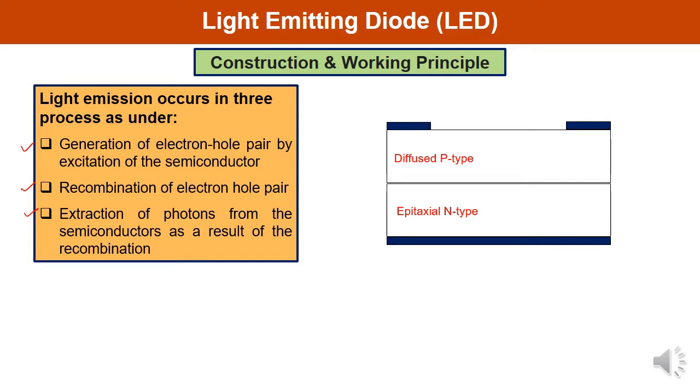You have studied the two types of semiconductor materials, direct band gap and indirect band gap. In the case of the direct band gap material, the valence band maxima and conduction band minima are properly aligned, meaning momentum is the same for that. So here you can see an n-type epitaxial layer is grown on a substrate, and a p region is deposited over there, and this deposition is done by diffusion.